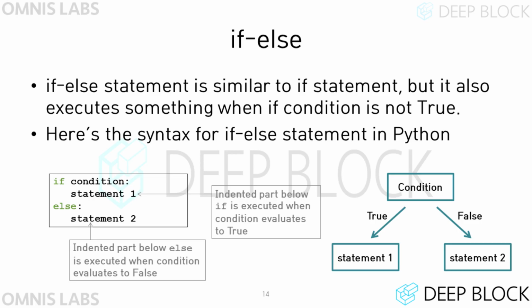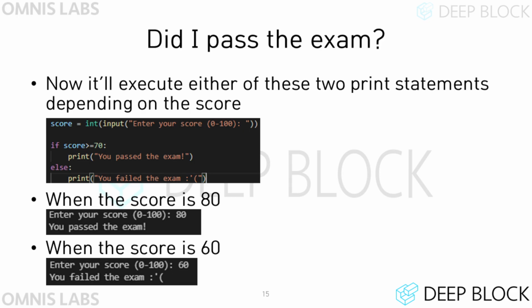The method of writing the if statement is the same, but when the condition of the if is false, write else colon and write the code block to be executed in the place of statement 2 when the condition of if is false. If we modify the code by adding else to the code we wrote earlier, it looks like this. Let's try to understand this code.